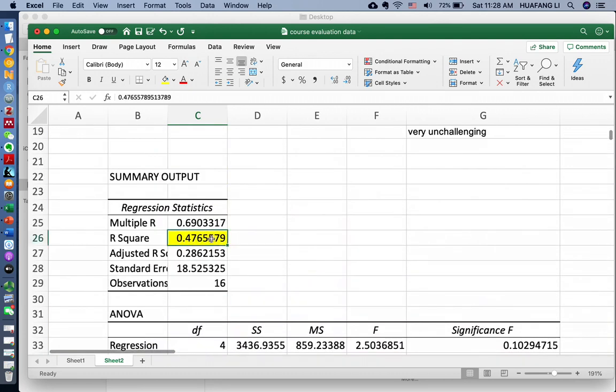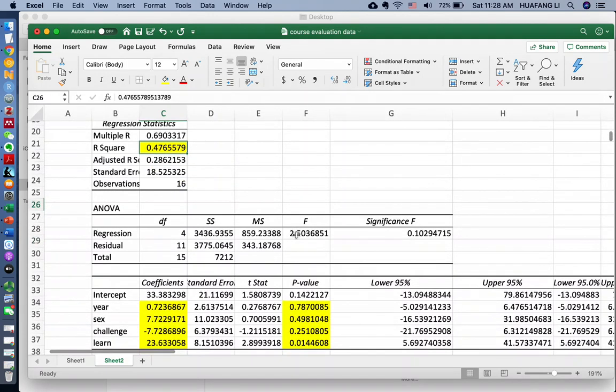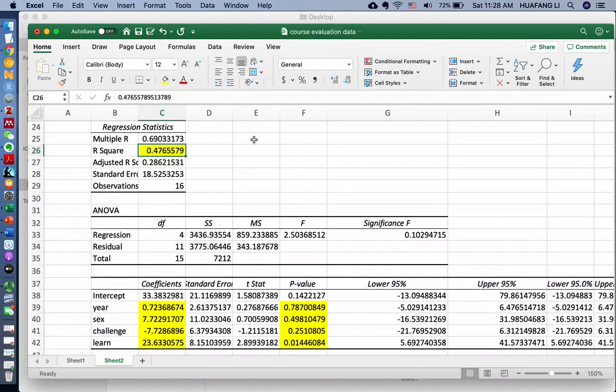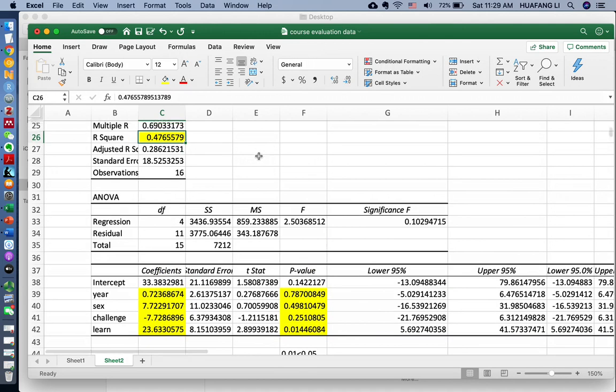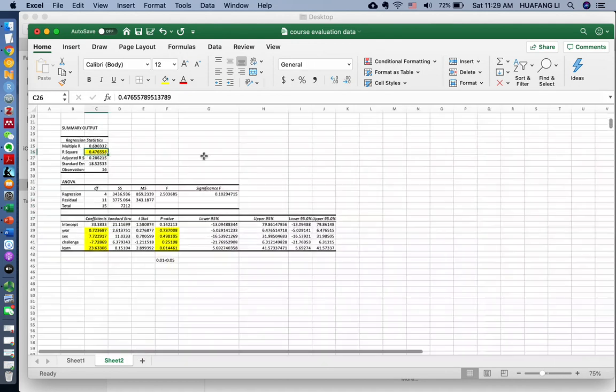All right, so finally, let's check the R square, right? So the R square here is close to 48 or 50, right? So half of the total variation can be explained by this model. So we would say we only use 4 different independent variables and explained half of the total variation in your dependent variable. We would say this is probably a good model, right? It's at least not bad. Right, so this is how we're going to interpret the results. All right, so that would be all for this